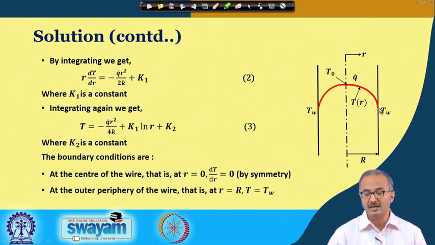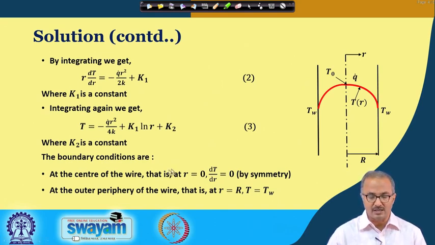So it is expected that from the center to the outer wall, whatever temperature profile we obtain, the same temperature profile will also be obtained on the other side of the axis. That means it is a kind of reflection of this particular temperature distribution. This is called symmetry along the central axis. With this symmetry assumption, if we take this particular axis to be the origin, from here we measure the radial distance. So this is r equal to 0.